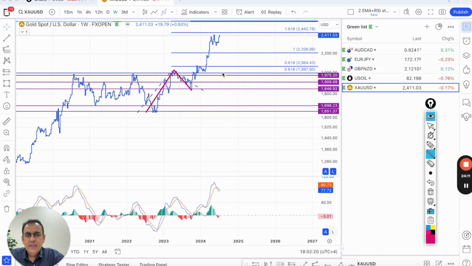extension on. So here we have already reached 161. Once market reached 161, it was expected to correct downwards and come back to fib extension 100, but it didn't happen. Gold remained sideways for a couple of weeks, and now again I can see that buyers are picking up momentum here. So if 161 level is broken, if 2442 is broken, then the next stoppage is at